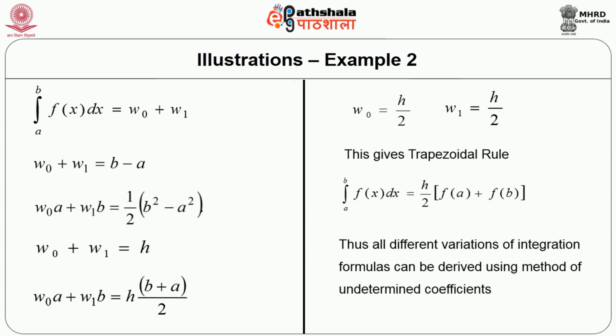So, this just illustrates that this technique of the method of undetermined coefficients, which is very straightforward, works from scratch and can be used to derive any type of formulas. The question is whether Gauss Quadrature formulas are to be derived by using only this technique, or there is some other solid theoretical foundation with which these formulas can be represented. The answer is yes, and